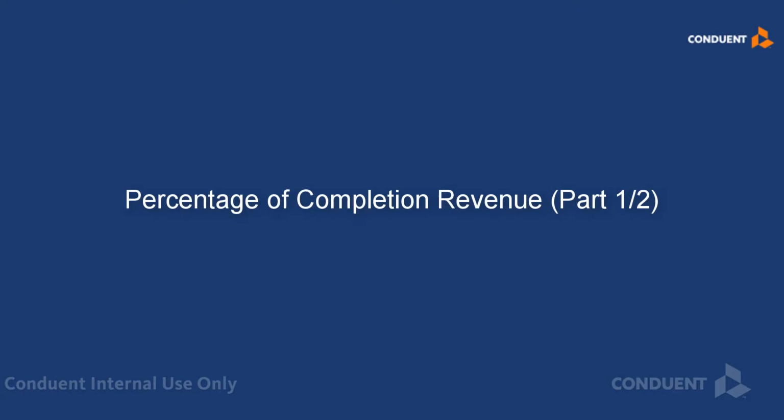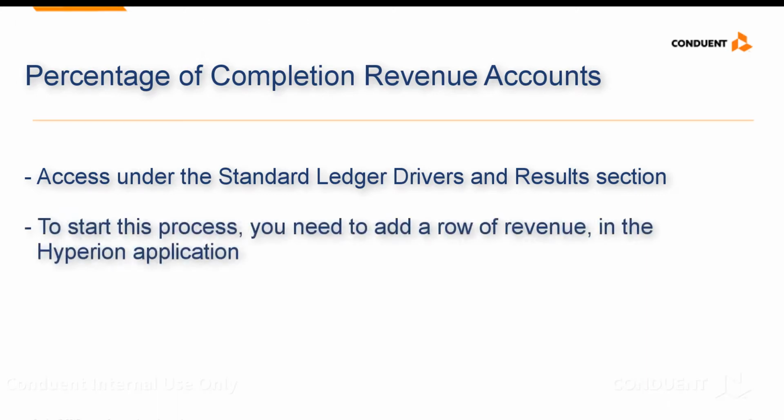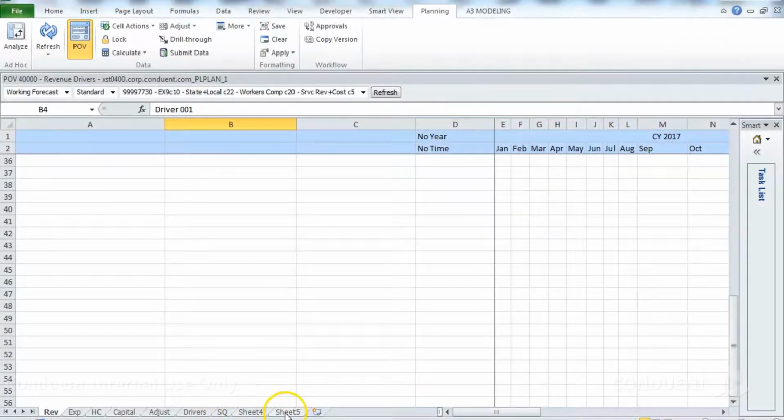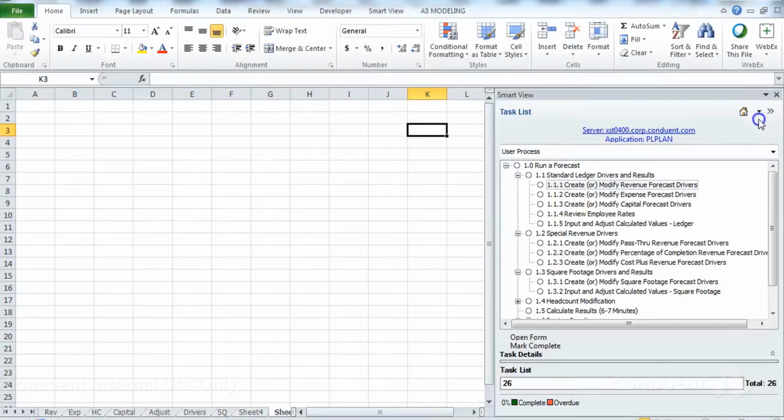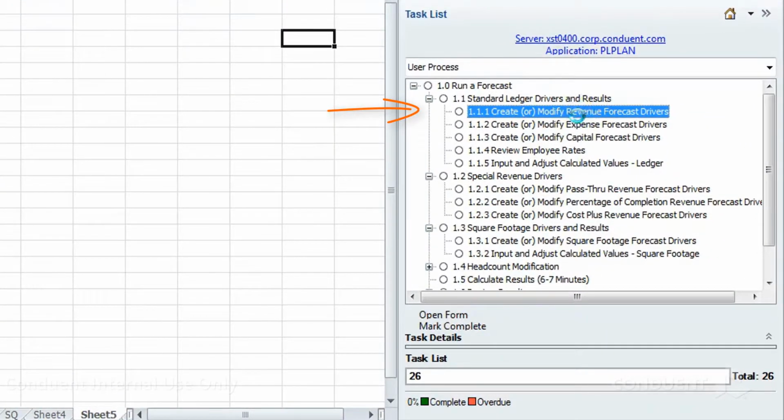In this lesson we will talk about percentage of completion revenue in the Hyperion application. Percentage of completion revenue accounts can be accessed under the Standard Ledger Drivers and Results section of the task list. To start this process, you need to add a row of revenue, just like you would with any other standard revenue type. We will open a new sheet, expand the task list, and then open the Create or Modify Revenue